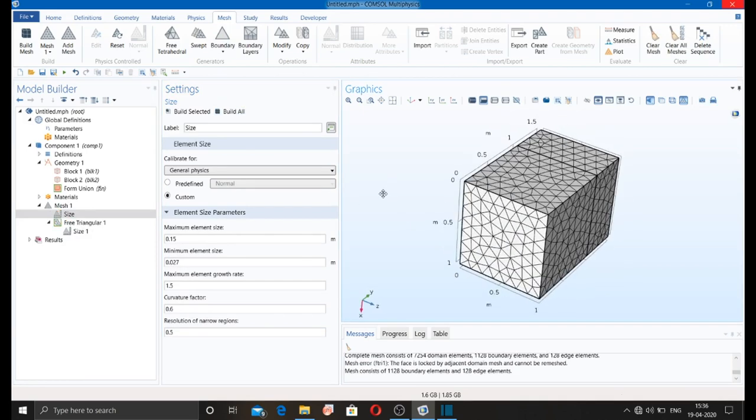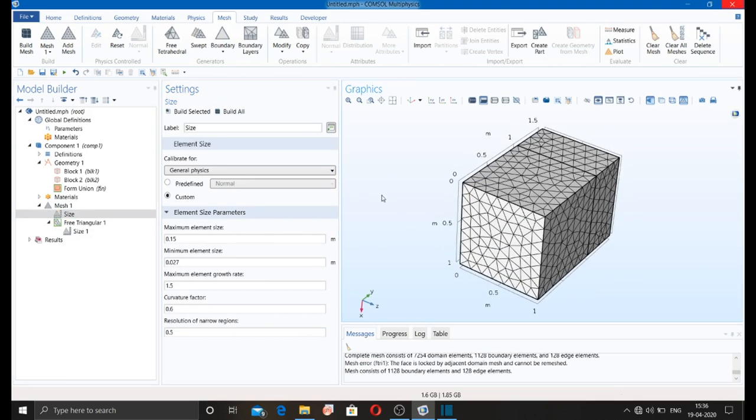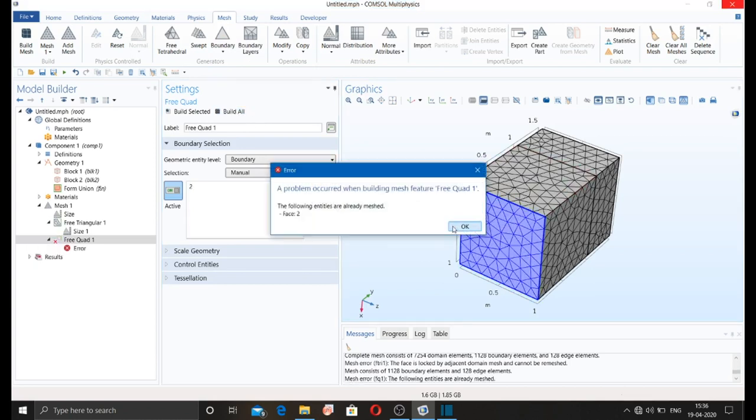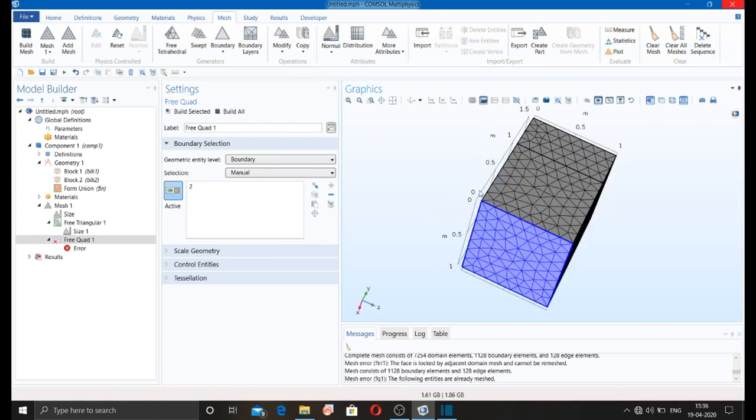So here you can see this is the free triangular meshing. Free quad you can also give like this, but you have to select this particular thing, but both things are adjusted to this particular meshing.